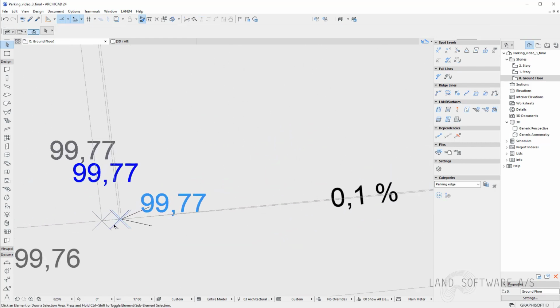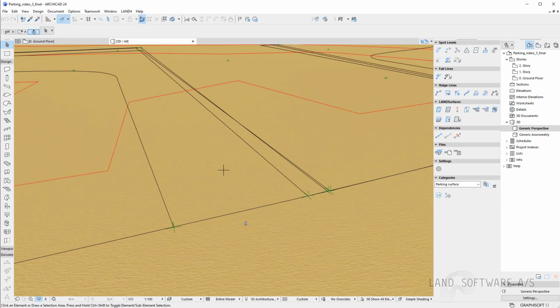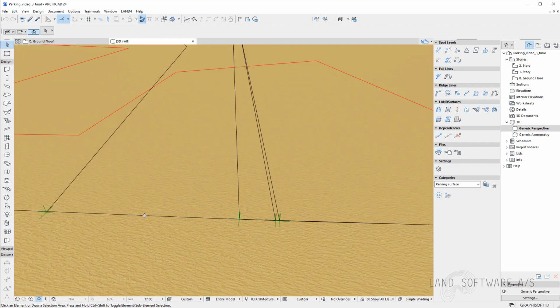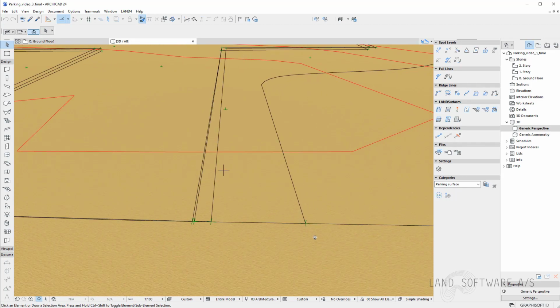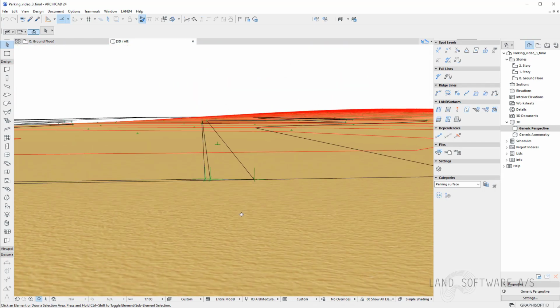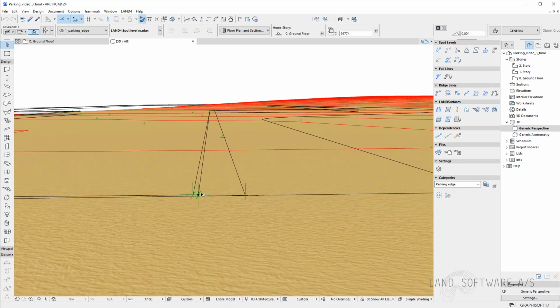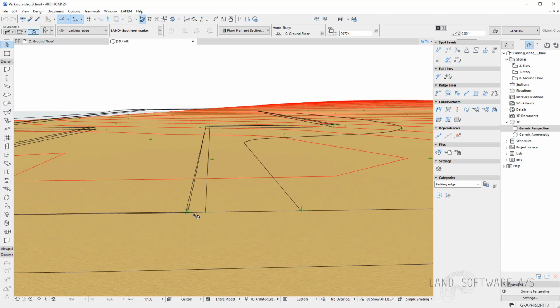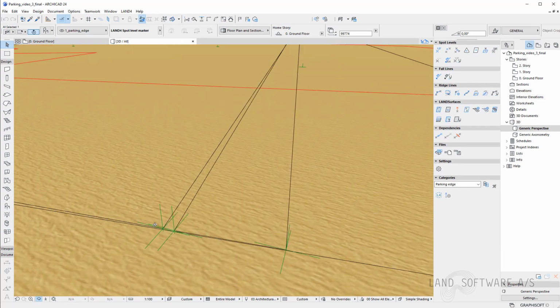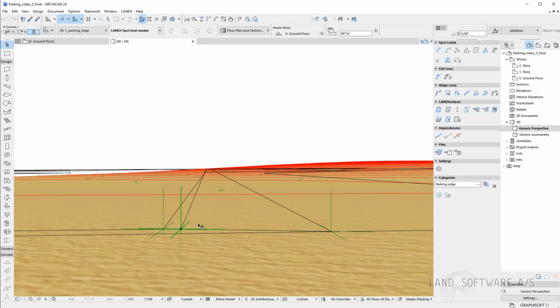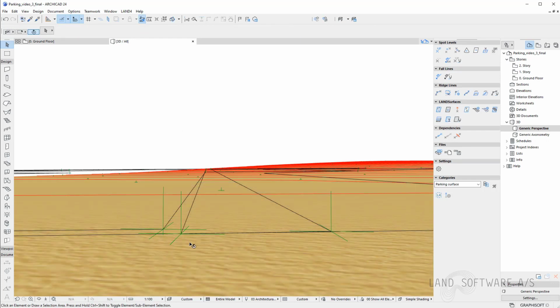So in the 3D view, we can check the results. So we have edited these spot levels using the ground floor view, and they look fine. Same with this one here. While these two here, representing the parking edge, I haven't yet, and that is because we can do this edit also in the 3D view. So I simply need to select the spot level here, and then I can basically drag it down on the Z value so it meets the terrain.